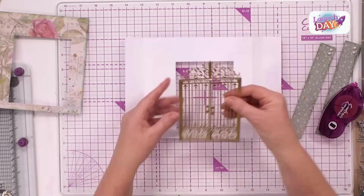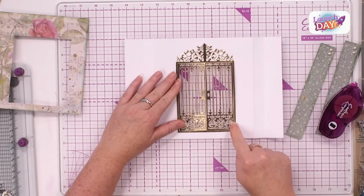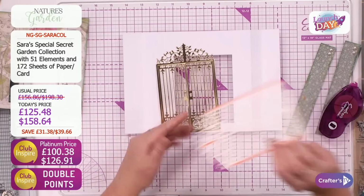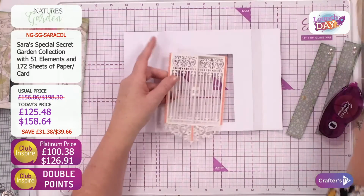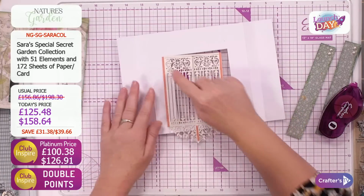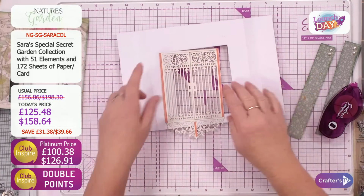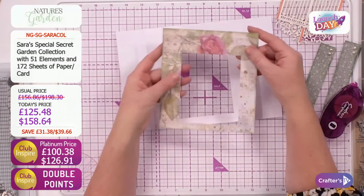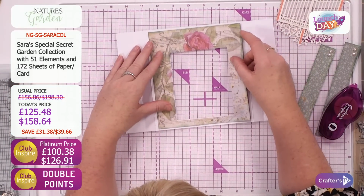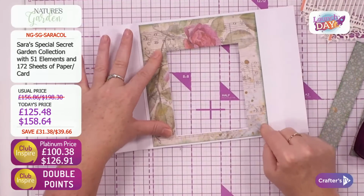Now I've done this just slightly, very slightly bigger than my actual gates itself, which then allows me, so I'll just bring in my other piece here, because what I have then done is use my thin, so your 3mm red liner tape. I've just used it down the sides and in the middle section here, because it will then fit into that gap. But what I've also done is I've used that beautiful cardstock again, and I've done exactly the same, so we can mat and layer that over the top, so that gives us our aperture there,